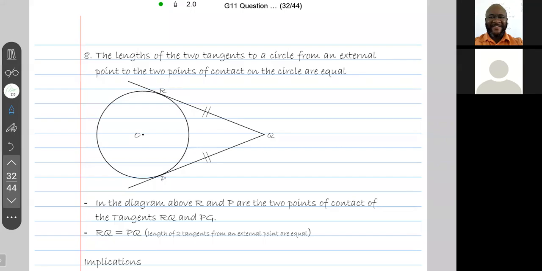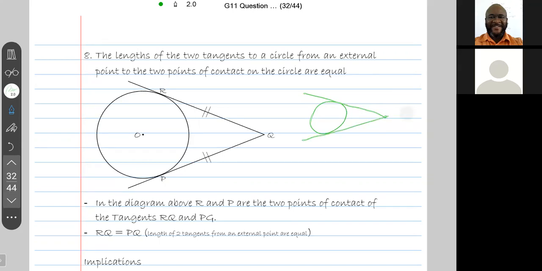All right, so circle theorem number 8 says the length of the two tangents to a circle from an external point to the 2 points of contact on the circle are equal. Guys, only 2 tangents can be drawn to a circle from an external point. So if you have a circle and you have an external point, only 2 tangents can be drawn to the circle